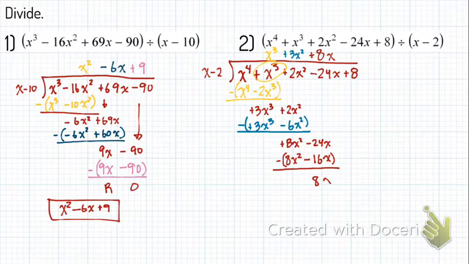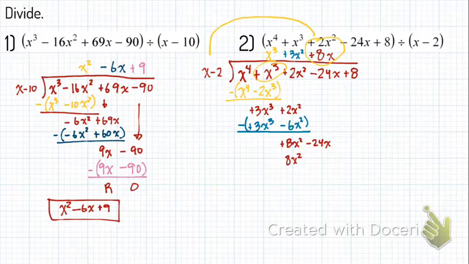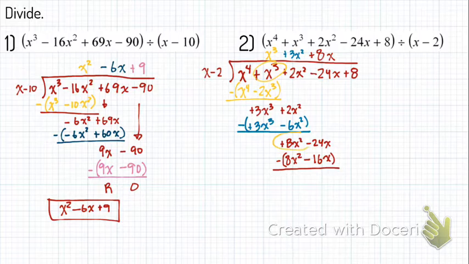Okay, positive 8x times negative 2 is going to be positive, oh, I'm sorry, I went back too far. So what we just did: positive 8x times x is going to be 8x squared. Then positive 8x times negative 2 is going to be negative 16x. So you can see that this is what I just did. Sorry about that, kids. So we're going to add parentheses and a subtraction sign,